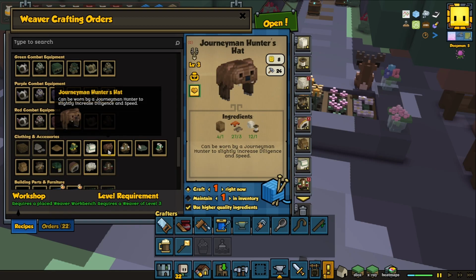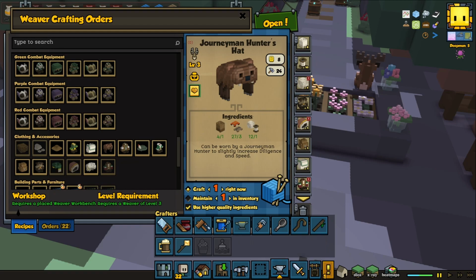You know, I might want to do some hunter hats, but we don't have a hunter yet. I'm pretty sure we only have trappers so far, but a hunter would be nice. It's another class added to the game through a mod, and the name of that is